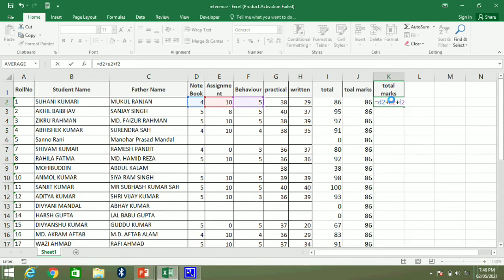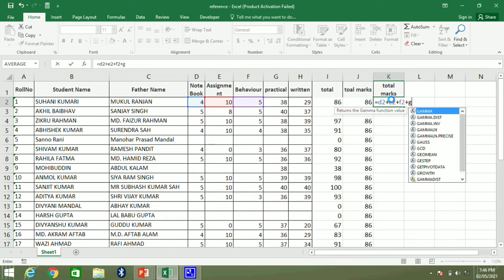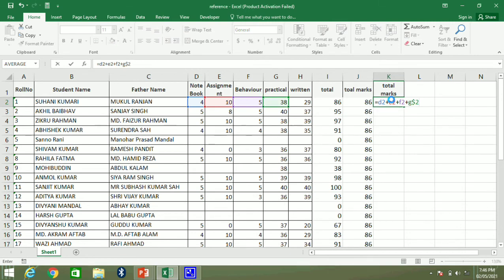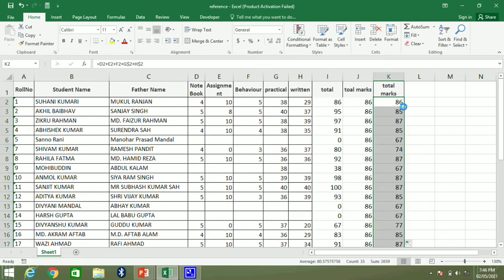Now G dollar 2, so this portion is absolute and the rest is relative, and also H dollar 2. Now press enter and we will use autofill.